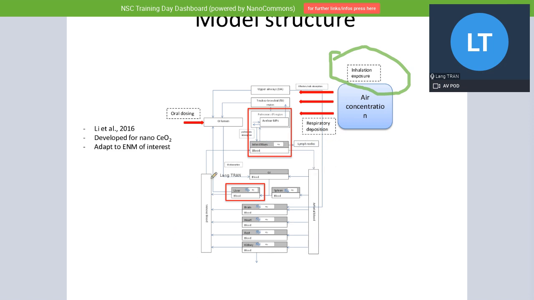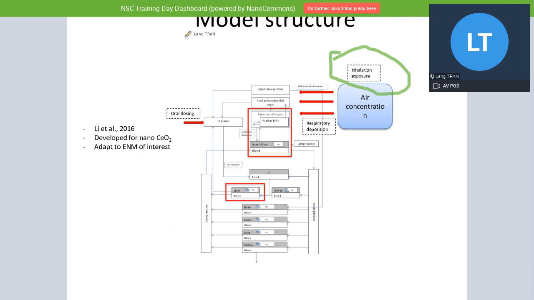But once it gets into the blood, it's now right on the highway for circulation to other organs, and there you can see how it can go to the GI tract, the spleen, the liver, the heart, the brain, the rest of the body, the kidney, and so on.